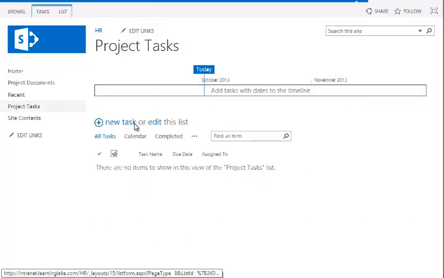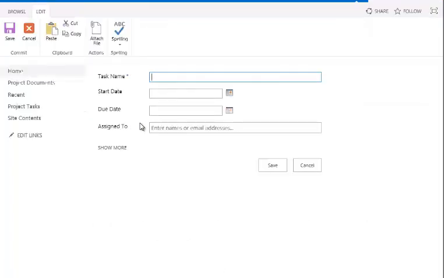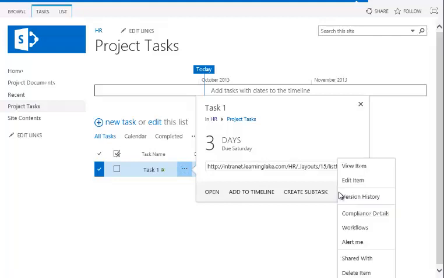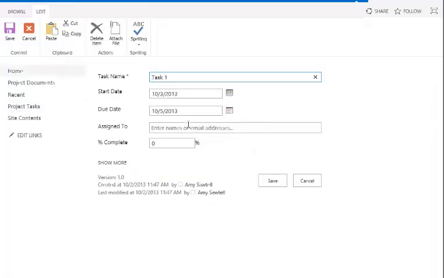I'm going to add a new task. I'll enter my start date. And then I'll enter in a due date. And then we'll click Save. I'm going to make a change to that task so that we have a second version. I'll just change the due date